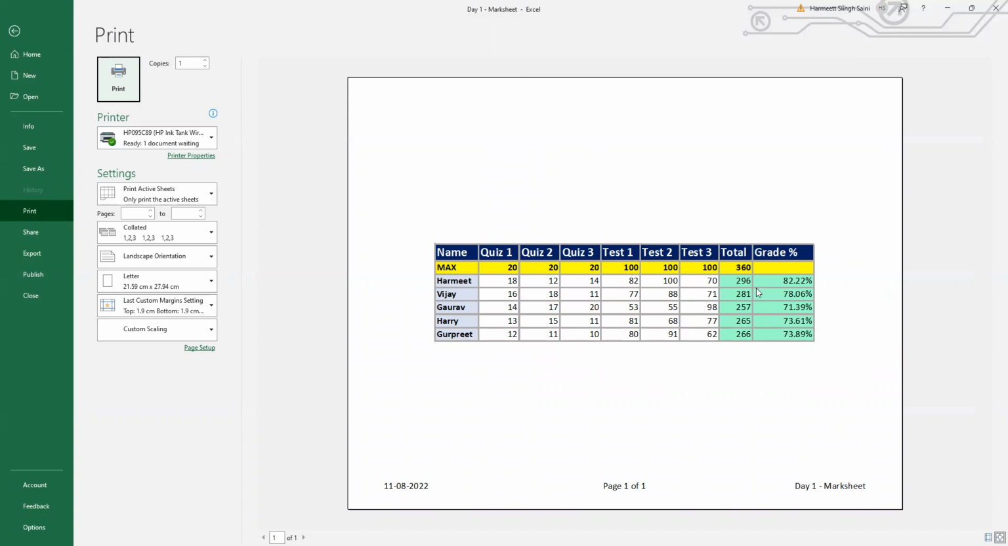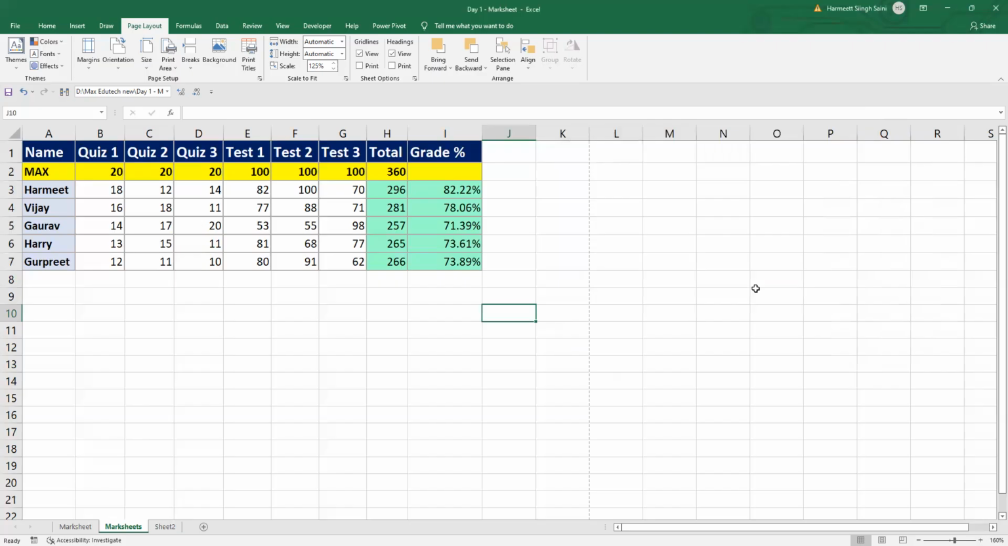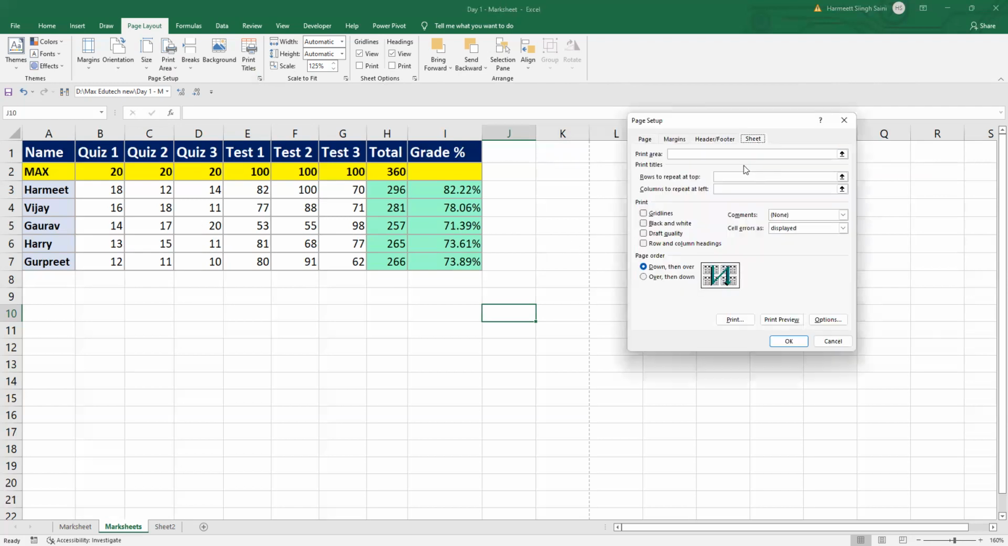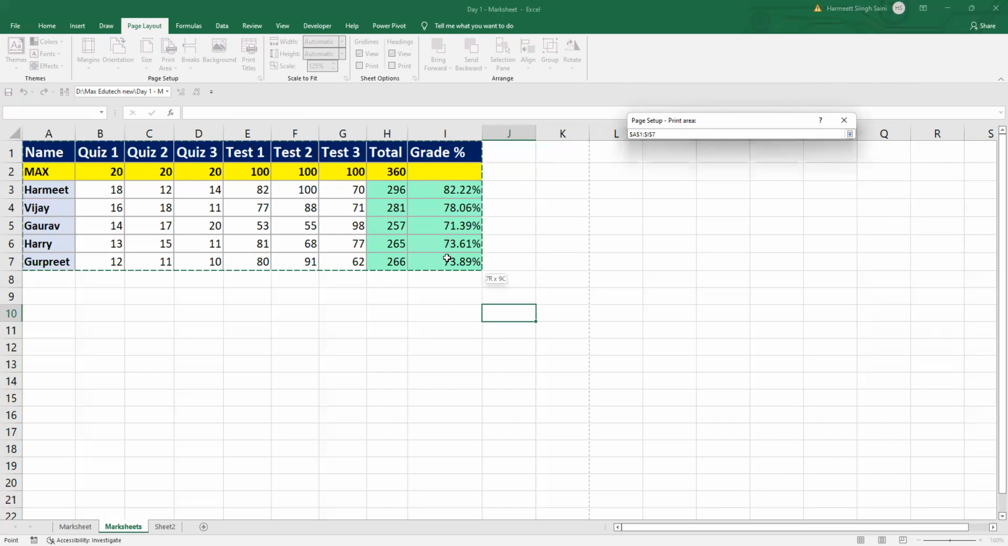Very neat and tidy, right? So here you can just press escape and then you can go and press print, or you can also explore these options like sheet. In the sheet it is basically saying, what is the print area which you want to print. So I can go and select this print area, that this is my print area which I would be interested